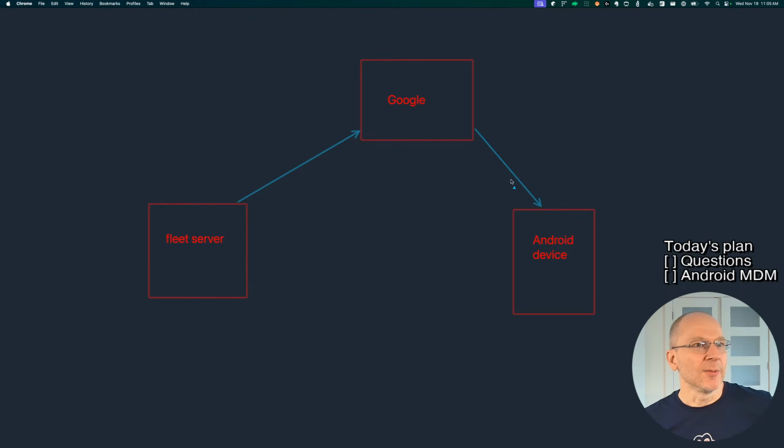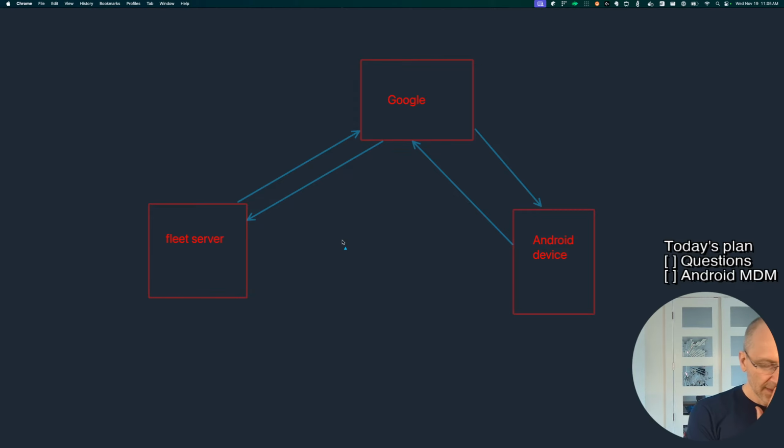And then we have pub/sub set up. So when an Android device has an update, that update again goes to Google. Well, it's a different Google. It's a pub/sub service, but that update goes to Google, which gets sent down to Fleet server. Simplistically. So the thing we're working on right now is we want to deploy